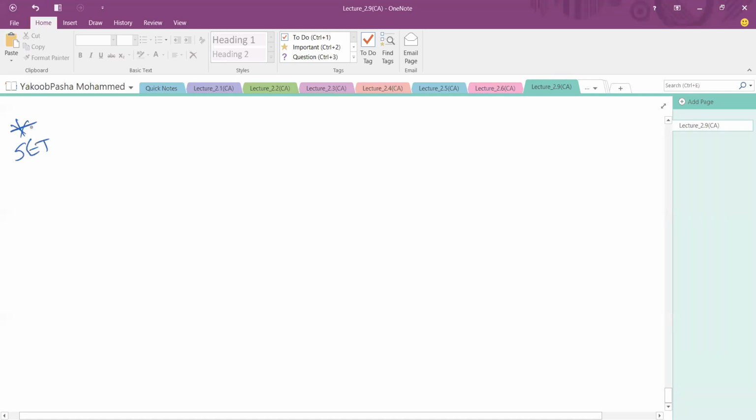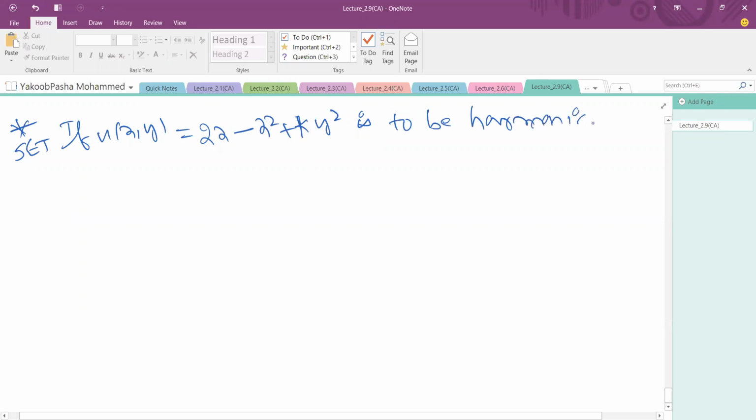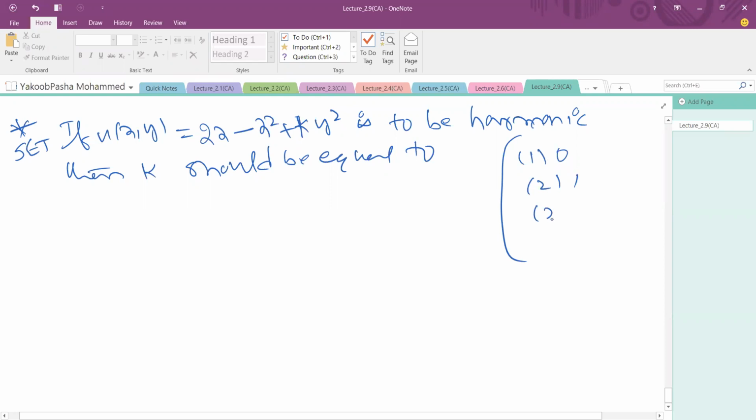First I'm taking, if u of x comma y is equal to 2x minus x square plus k y square, this is k y square, is to be analytic, harmonic, then k should be equal to, so options ఉన్నాయి మన దగ్గర. ఫస్ట్ ఆప్షన్ 0, సెకండ్ ఆప్షన్ 1, థర్డ్ ఆప్షన్ x, that is differentiate with respect to x, we get 2